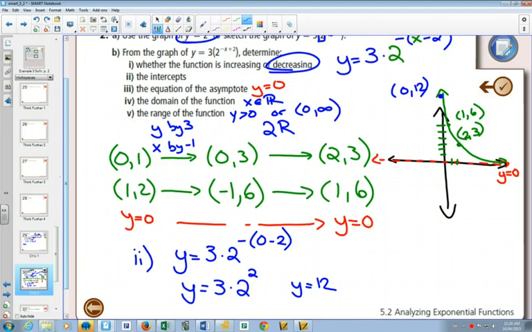Question number 10 is one that you can do